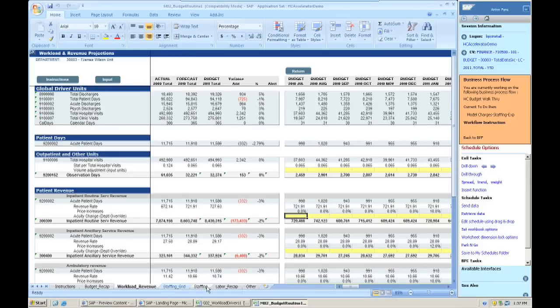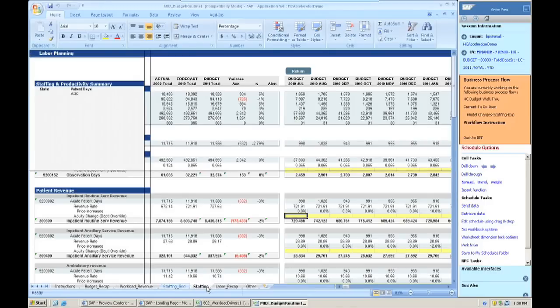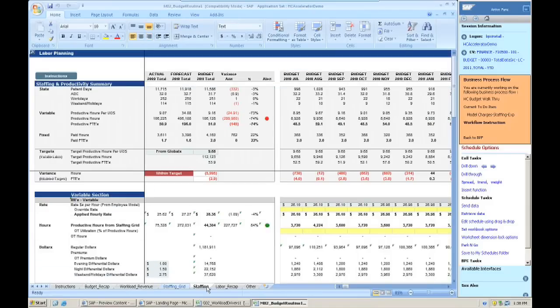I'm going to move on now to a little bit on the staffing side of things. So this is a dynamic area of BPC that can be customized depending on how your organization plans for headcount. We know this is an area that, if it's planned accurately, is very controllable, but if it's not taken care of accurately, can spin out of control. So we have seen different levels of detail when it comes to planning for salary. For example, I have a healthcare organization who does plan by employee. They have more than 2,000 employees planned individually by headcount. I have another organization that does it by